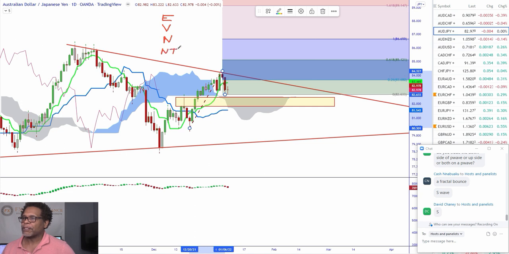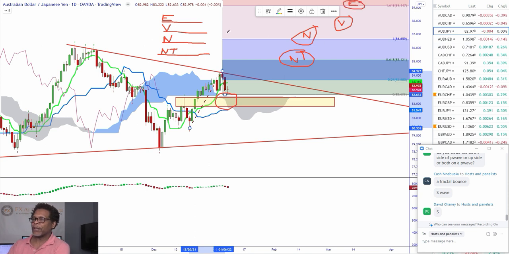If we're looking for targets, we say the market could move there, there, or there. Let's pretend that all of these are one of these levels. So let's say that this is your NT level. It's not though, but let's say it was. We would be shooting for that. This is really your N level. This is really your E level. Let's say your V level was here because it's usually near N. You would have all 4 levels on your chart. So when you get into the trade in this area, you know you're going to take profit in this area of the chart. That's how Ichimoku observation theory helps you and works.